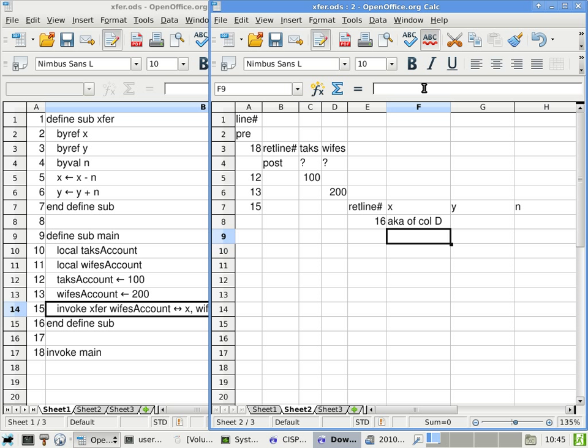This is basically what we have already understood before the exam. Passing by reference means we want the parameter, in this case parameter X, to be an alias of, or reference to, something else. Now, whatever I use here to specify the left-hand side, my wife's account, which is living